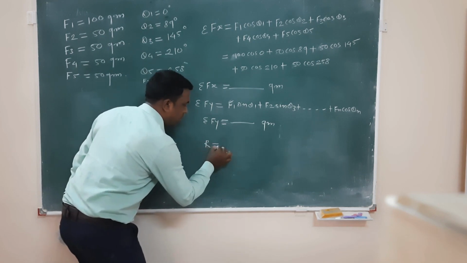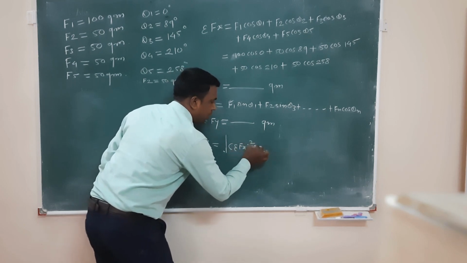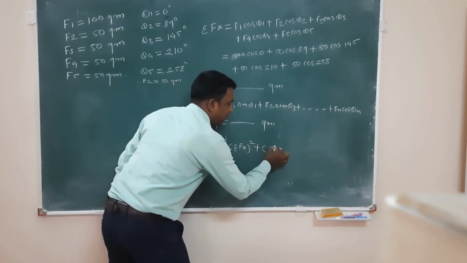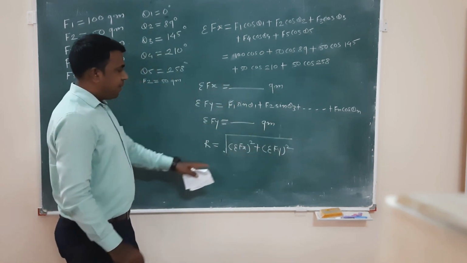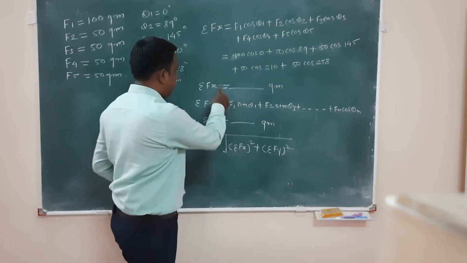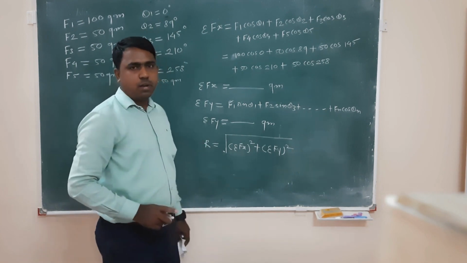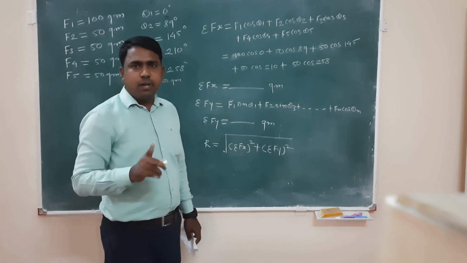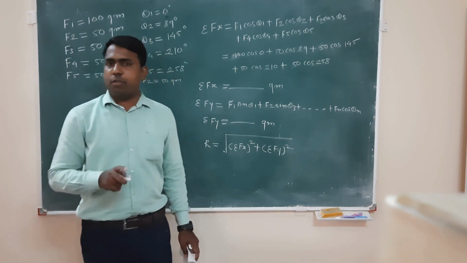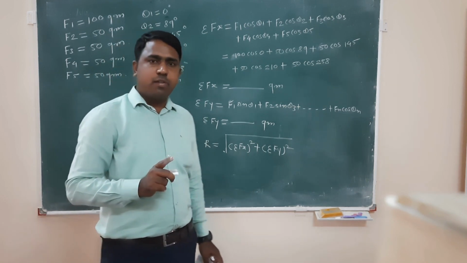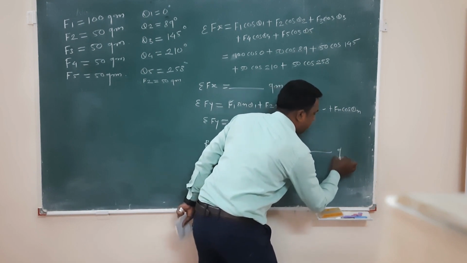And the result is given as R is equal to, it is under root of summation Fx square plus summation of Fy square. तो summation of Fx square plus summation of Fy square, तो Fx और Fy की वैल्यू ये इक्वेशन में पुट करके we have to find out the magnitude for the resultant analytically. Resultant का magnitude निकाल सकते हैं by using this equation, that is given as R is equal to under root of summation Fx square plus summation Fy square. So ये इक्वेशन लेके अपने को मैग्नीट्यूड निकल जाएगा, that is resultant का, that is in terms of gram.